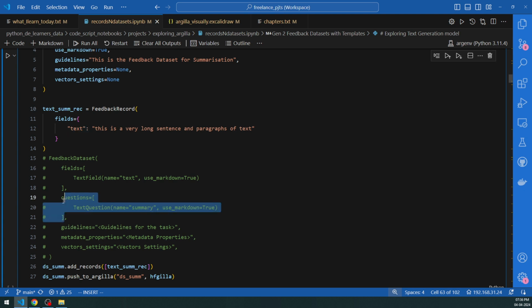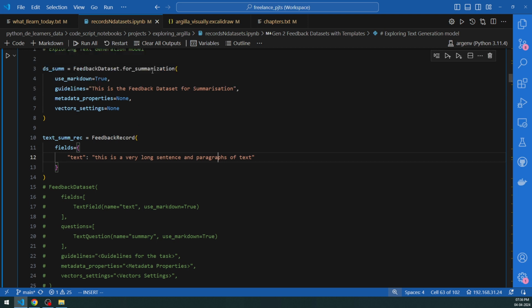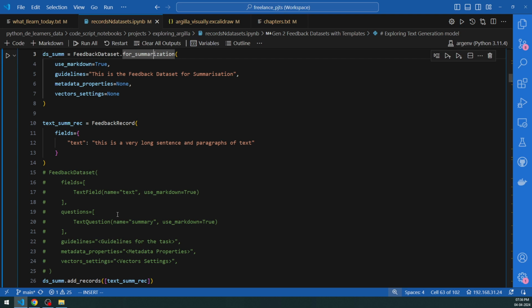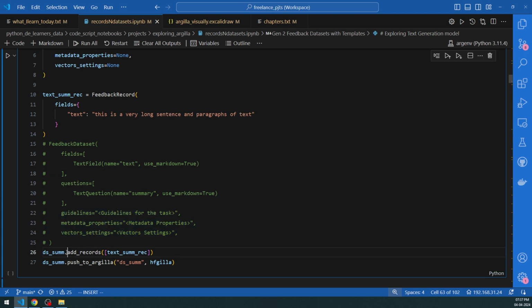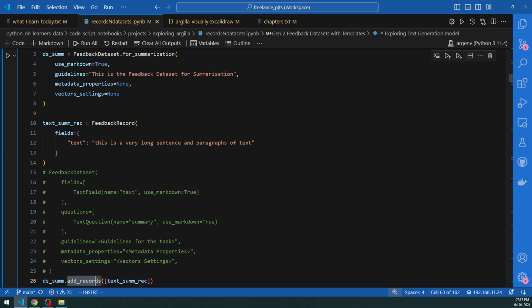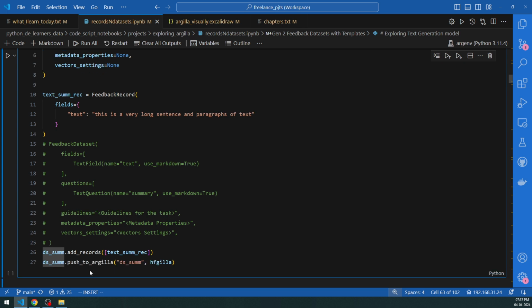Next, we are going to create a text question. Once you give this particular input, we will expect a summary of this input. This is a summarization task. So we will give a huge amount of text data and you will expect a summary of the text data. In this text question, we will ask the annotator to provide the summary. The rest of the things we are going to leave as they are, and then you are going to add the record. As I told you, the record that you create here will be added using this variable itself, and then you are going to push this dataset variable